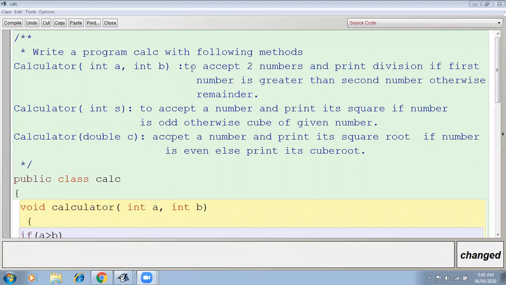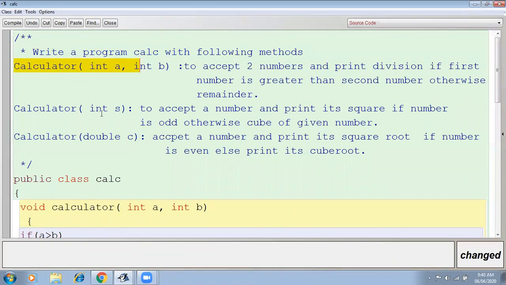So see the question which I have given over here. Write a program Kelsey with the following methods. Calculator(int A, int B) to accept two numbers and print division if the first number is greater than the second number, otherwise remainder.